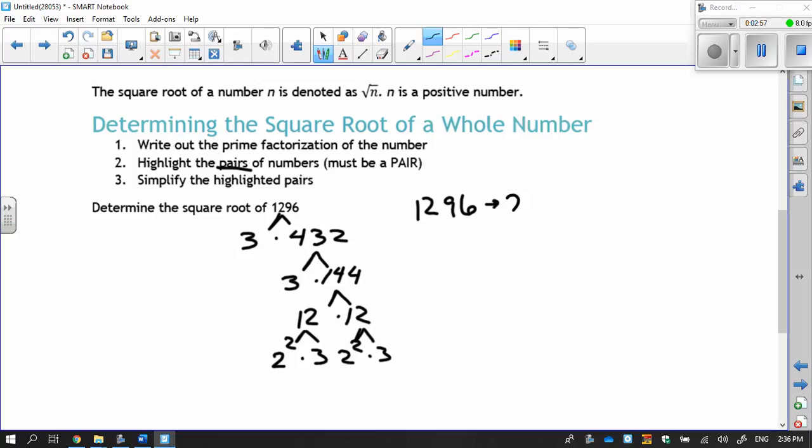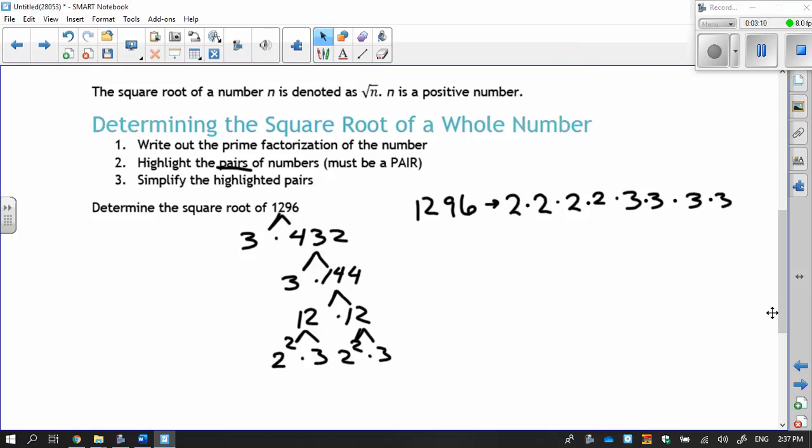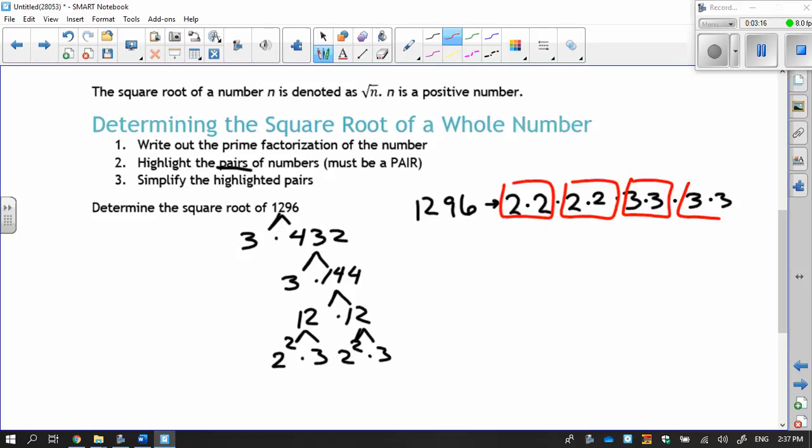So then if I write this out, not in prime factorization, but just in a list of factors might be more appropriate for what we're doing here. We can see quite easily that we have a pair here, a pair here, and a pair here, and a pair here. If I was looking at it in terms of prime factorization, this would be 2 to the 4 multiplied by 3 to the 4. These are both even,